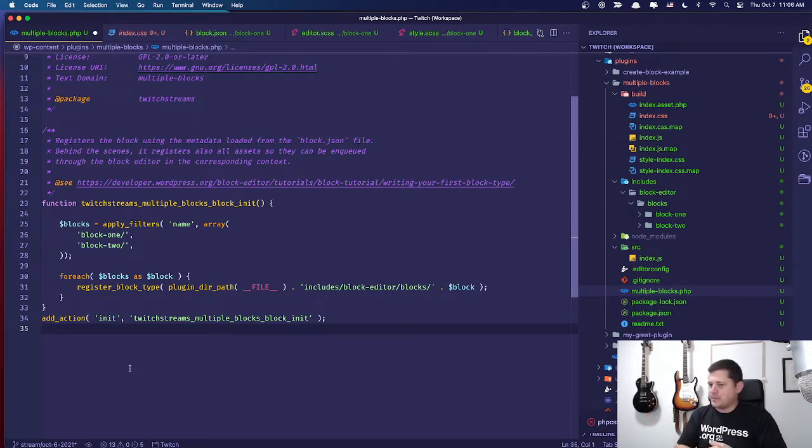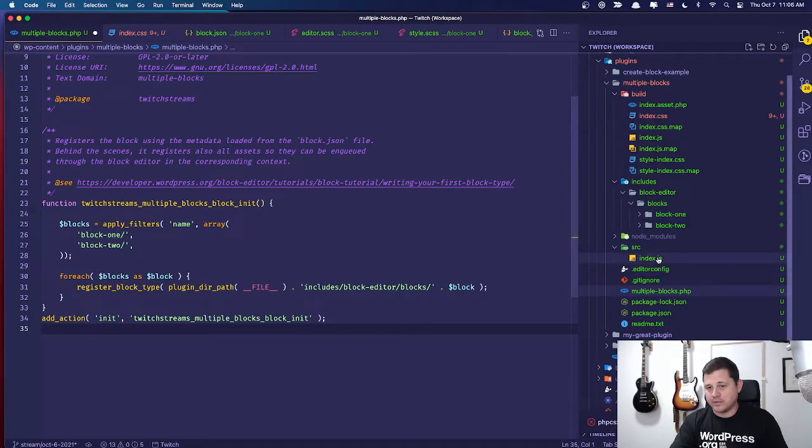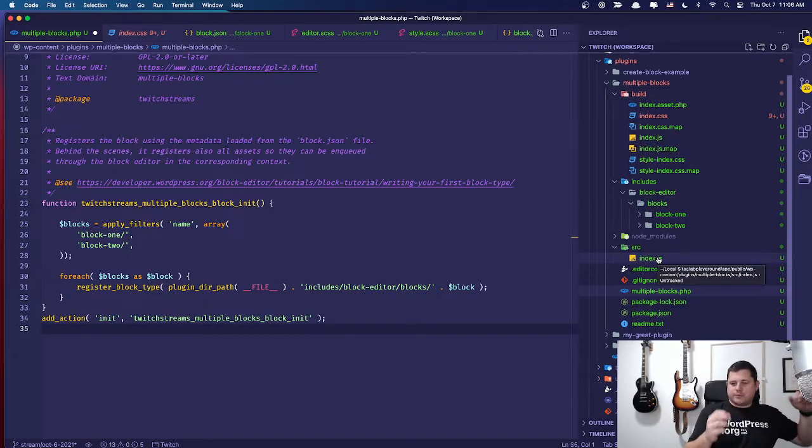say, for example. And it wouldn't register it on the server, but because our index file is a single entry point, it's going to bundle the JavaScript for it anyways, which may or may not be an issue, but you've got it registered on the client side, but not the server side, and then hilarity ensues. There's some weirdness going on there. So what I prefer to do, and maybe it's just because I'm a bit OCD about it,